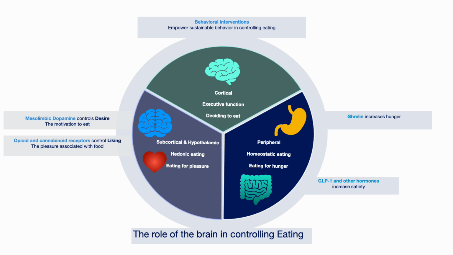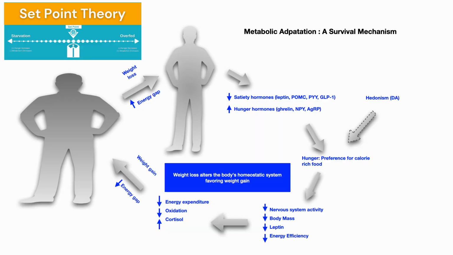And the cortical level is where the executive function is. That is when we decide whether we will comply with our subcortical stimuli that came to our brain, or the peripheral stimuli, whether it's ghrelin or whatever, comes to our brain, and then we make a decision to respond and eat, or we don't think it's the right time and we decide, okay, I'll abstain from food. For example, if you're fasting in Ramadan, if you're a Muslim. So this is how the control of eating works for a human being.